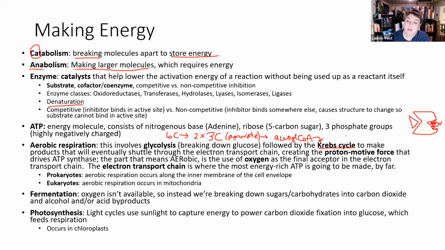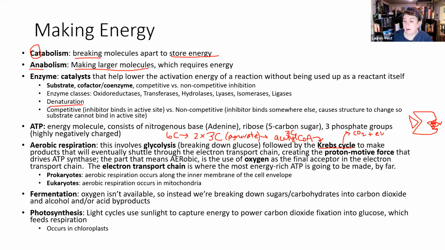Not that important that you know that. I do really want you to know that in the Krebs cycle, what are we going to make? We are going to be breaking down those 3-carbon molecules. We're going to break them apart into byproducts of carbon dioxide, and in the process of that,